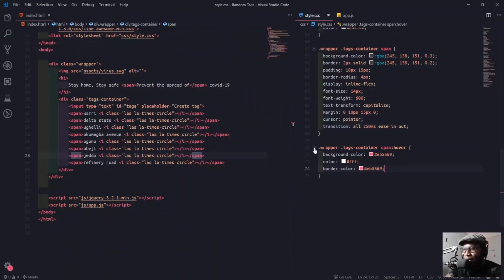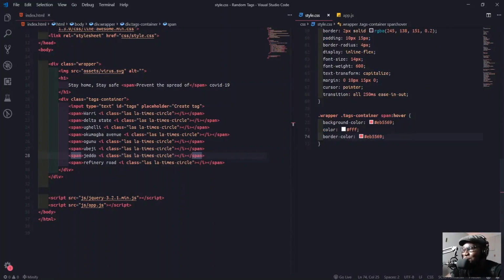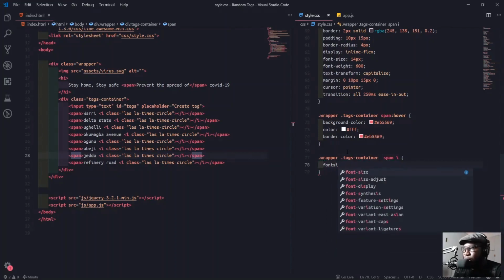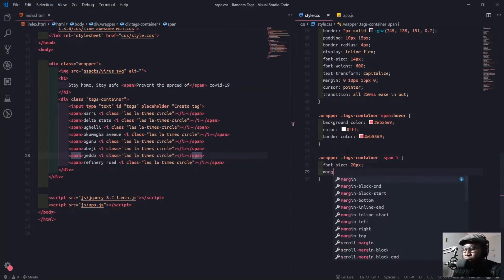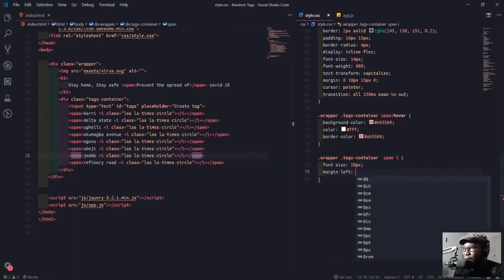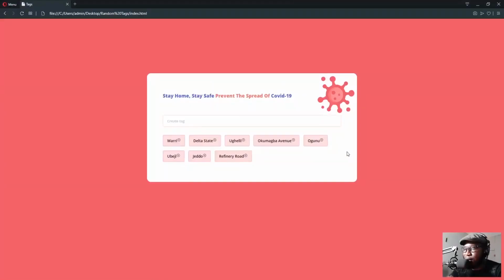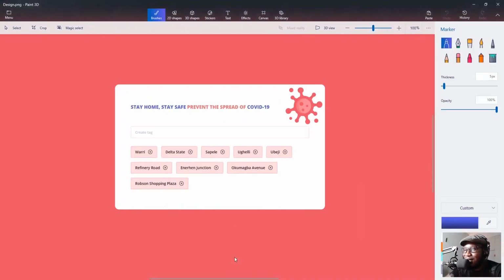Alright. So refresh and you see the fresh. Okay, so I'm going to target the icon now. So I'll come here and say span i. So we'll just increase the font size small, so the font size I'll make it like 20 pixel. Then we'll space it out from the text, which is margin left 10 pixel. So refresh now. You see it all soft.